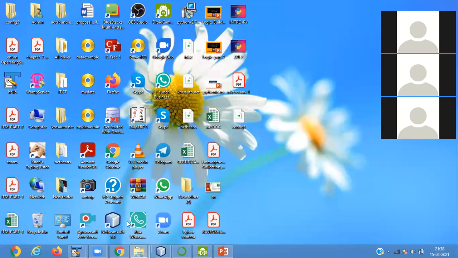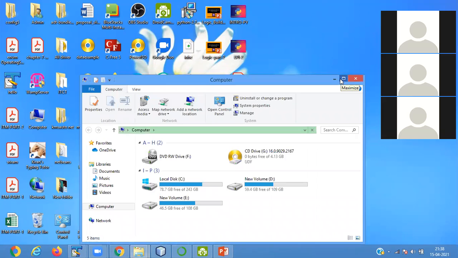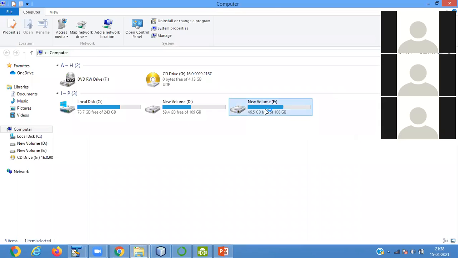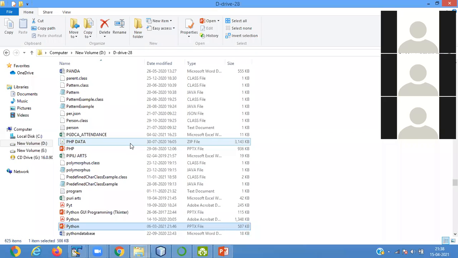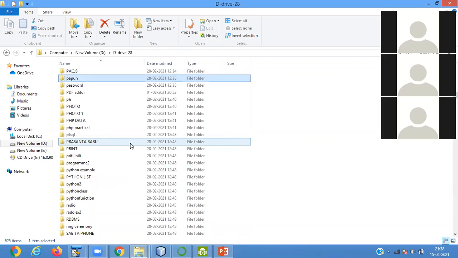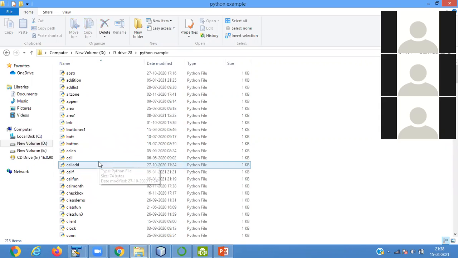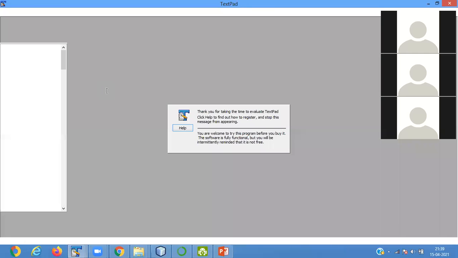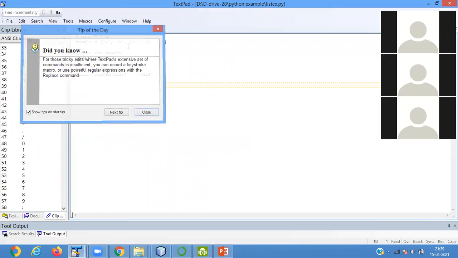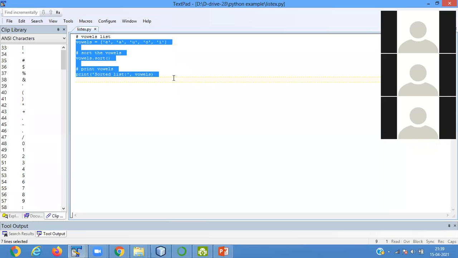Now I move to another example of the list for sorting elements.